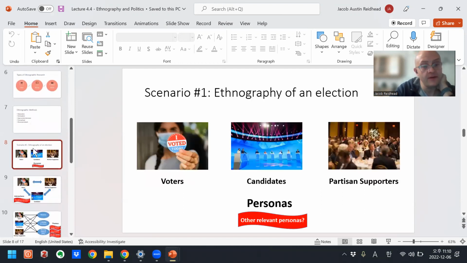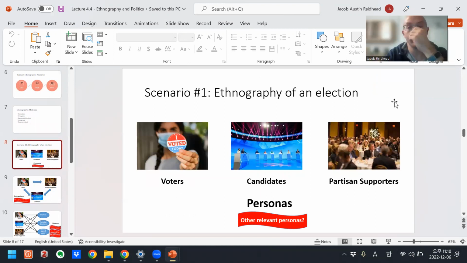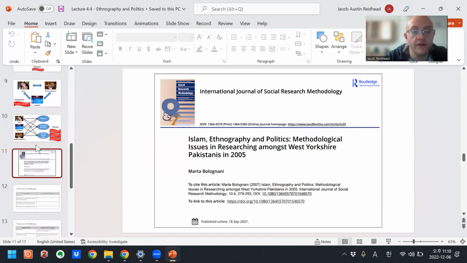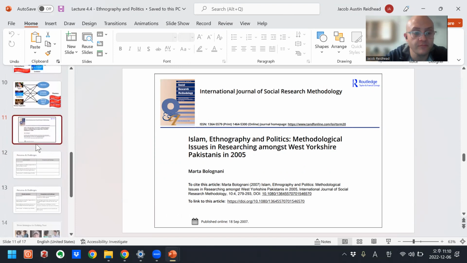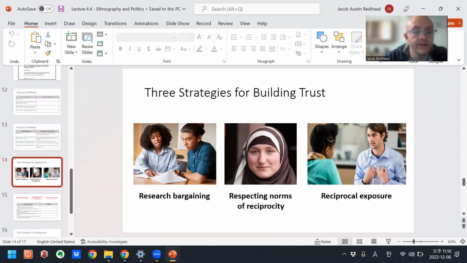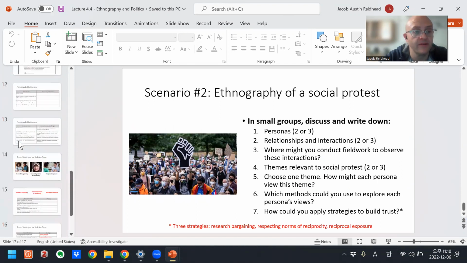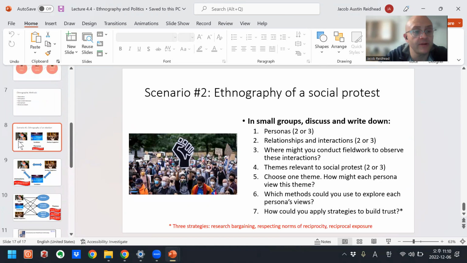And then I introduce a scenario of an election. For this lecture, after I review, I'm going to introduce a scenario. Then we'll talk about the article, and then I give them another scenario, which they will discuss in groups. So that's the outline of the lecture.